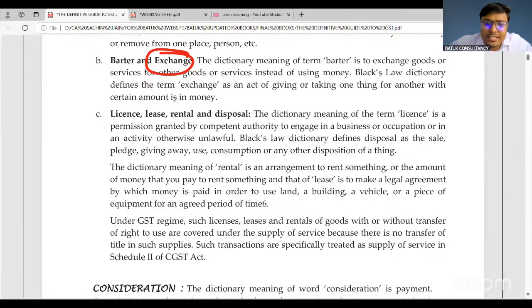Now, sir, just take one example for disposal. Suppose I have one plant and machinery, and I am going to dispose of it. Yes, you are disposing of that plant and machinery, but you are getting 5,000 rupees. Yes, GST will be applicable on that 5,000 rupees. That is my term: lease, license, rental, and disposal. We all should know the practical crux of these definitions, because when we know the practical crux of these things, then only can we implement them in our day-to-day practices, and we can check from the financial statements and decide the applicability of GST.